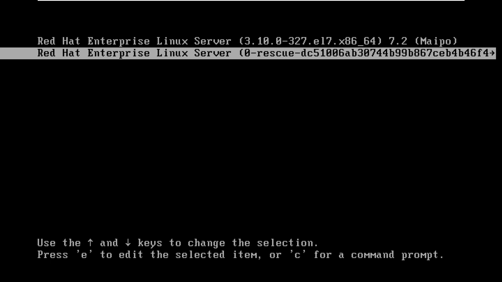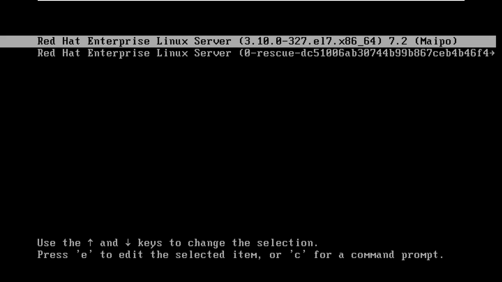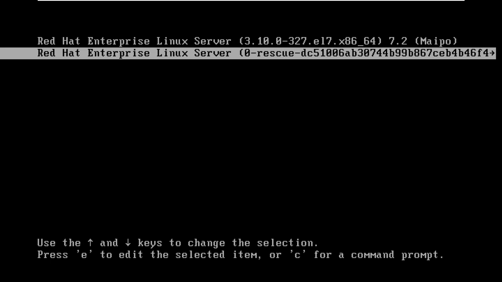This is the menu we see, and it shows two options. One is the normal one, the other is the rescue kernel.